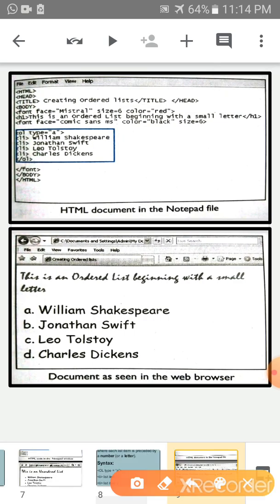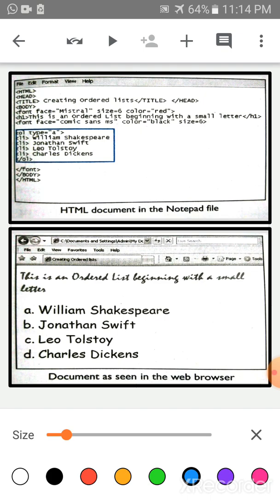Now children, look at the screen. You can see this is the notepad file and this is the web page. This is the notepad file. This is the coding you have to write in a notepad. We have used the OL tag, type is equal to small a.